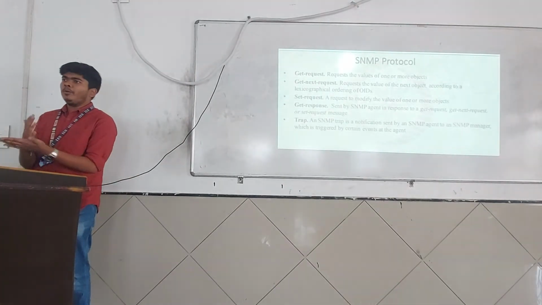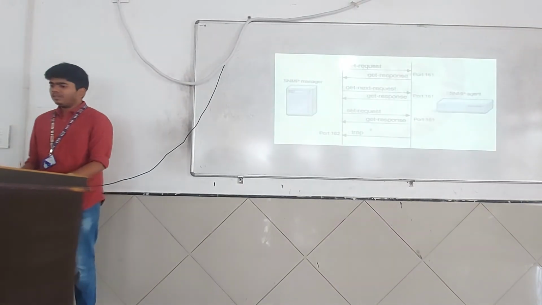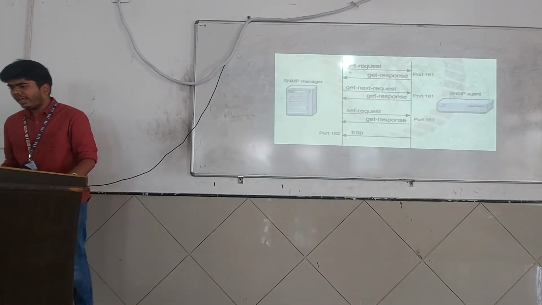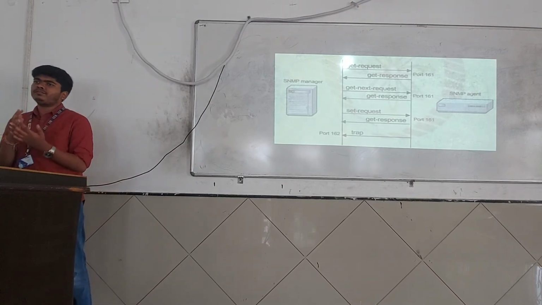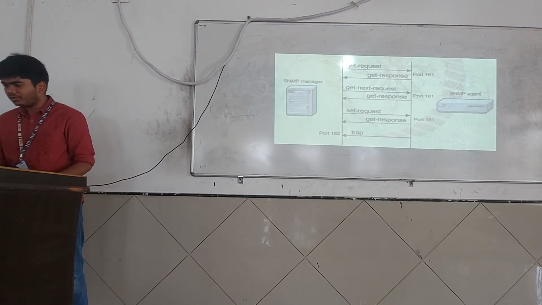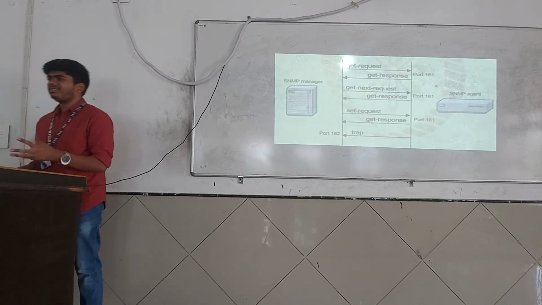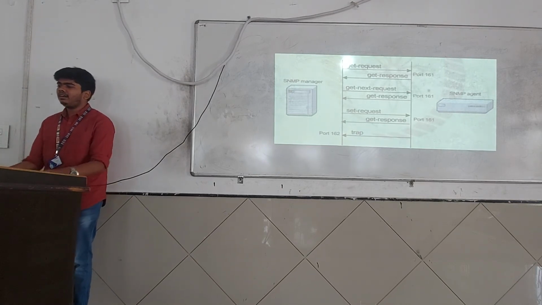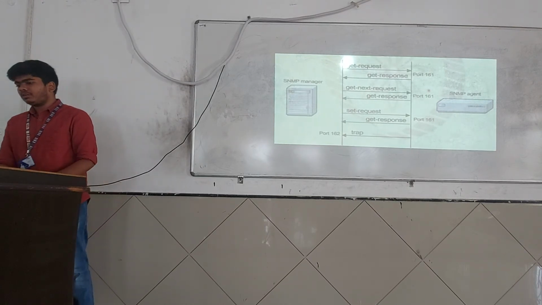If we need to stop a particular process and move to another one, we use this trap. So here we can see the manager connecting with the agent: get request, get response, and get next request. In this way, finally, if the process is completely finished, it will receive a trap to port. This is basically a traditional port number, 161. We can change the port numbers, but 161 acts as the traditional port number for an SNMP agent. So in this way, the whole process is going to happen.